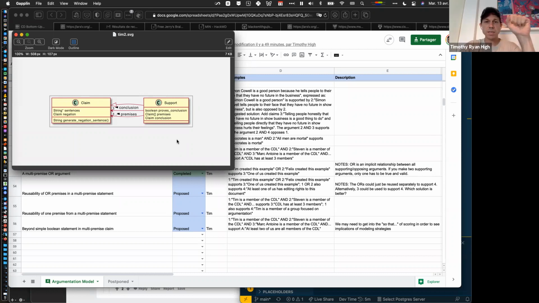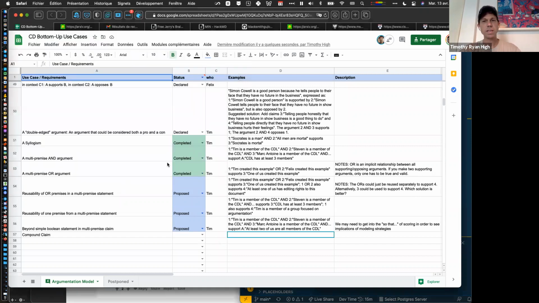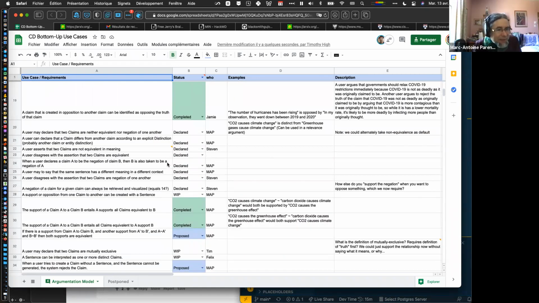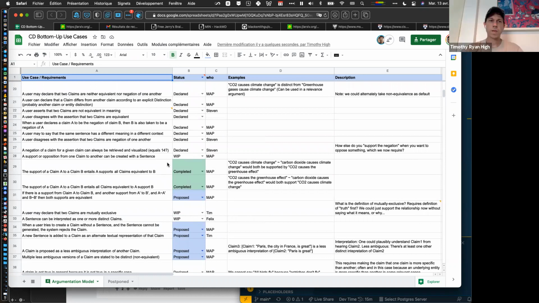So I'll write this down, because this is another example I think we should do separately. But this brings up a whole category we didn't talk about yet, which is compound claims. And this is something that I think Bentley said he doesn't want to support, but we should. Do we have it in the incomplete list? I don't know, maybe.